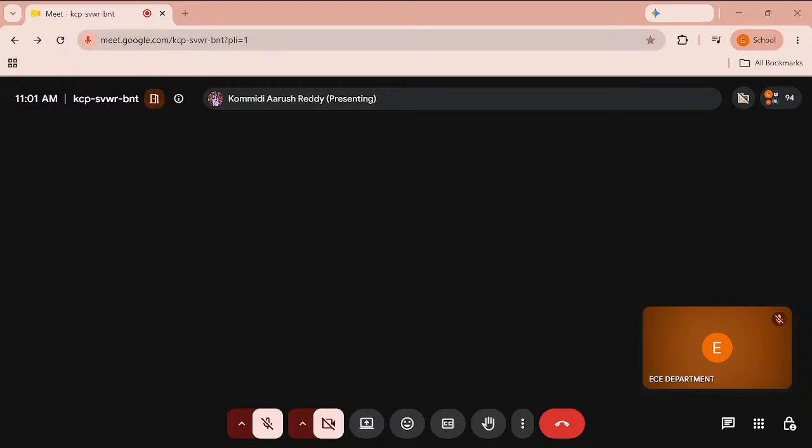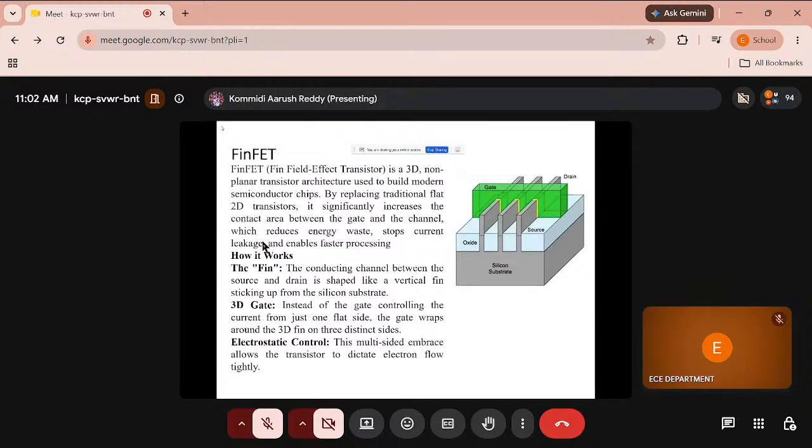Whereas in the case of normal 2D or CMOS technology, we have a single source and drain, the NMOS or the PMOS, and the gate oxidation is fabricated in 2 dimensions. In the case of FinFET technology, the gate is vertically fabricated,